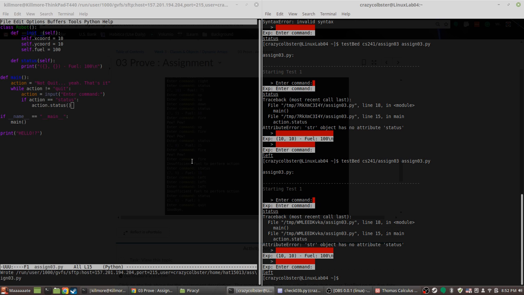What? Freaking. I hate that. If action equals status. How do I ask it for? What is the worst? When you paste something and it immediately hits enter. Oh yeah, that does suck.